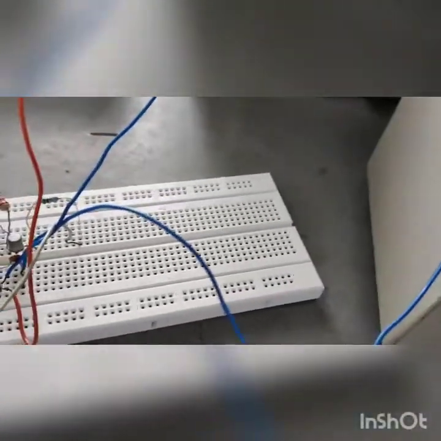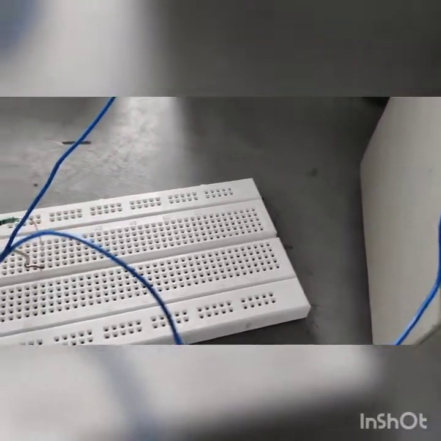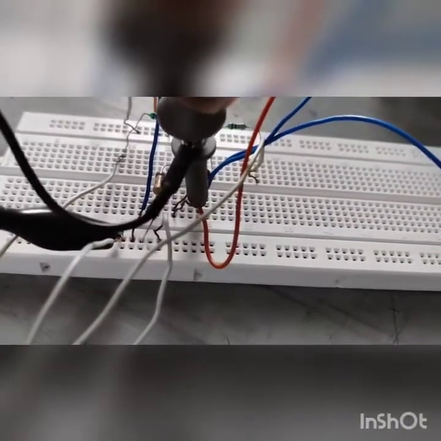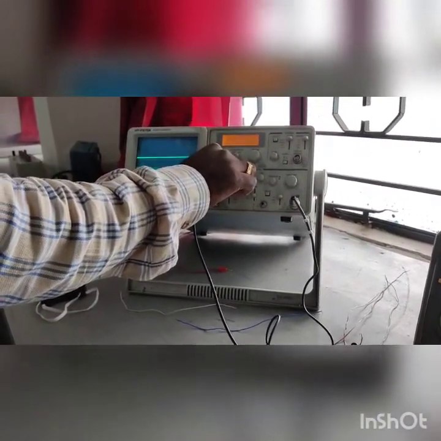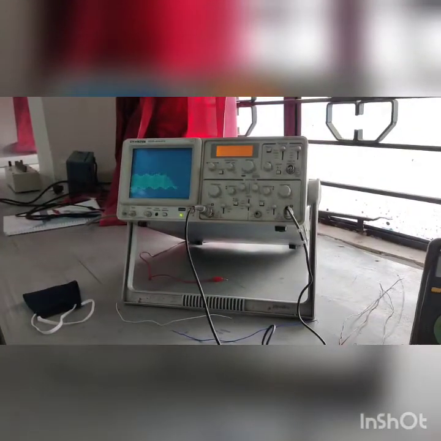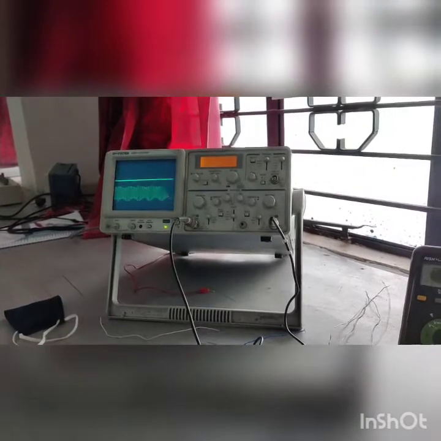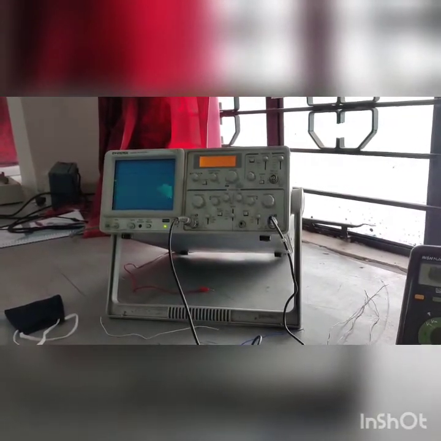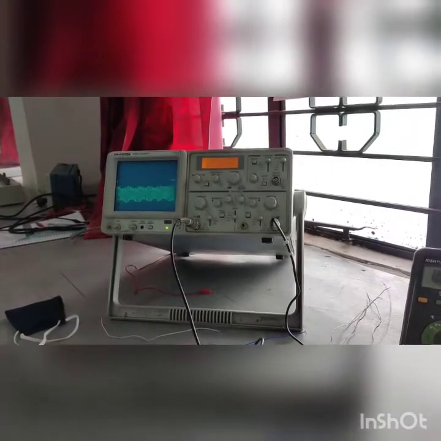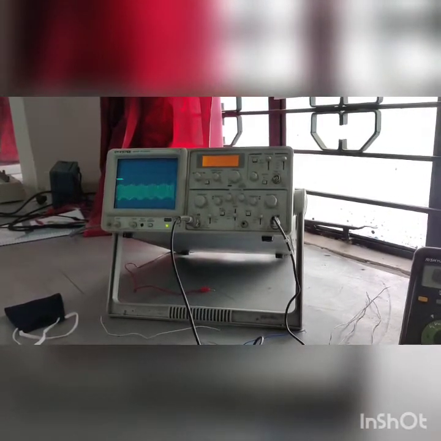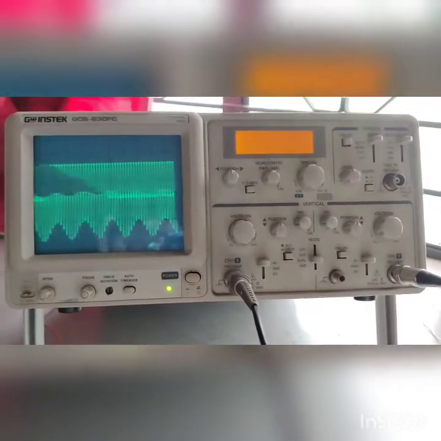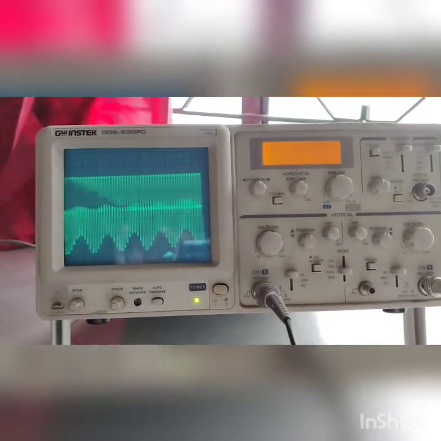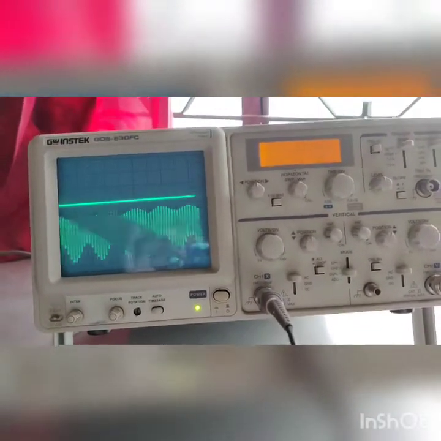So once the modulation output is observed across the emitter and the capacitor and inductor junction here, I'm trying to connect that. Okay, this is the output. So if you observe here, this is the modulated output, where you can observe that the frequency of the signal is exactly the same as that of your carrier signal, but the amplitude is varying according to that of the message signal. I'll show that. So here if you observe the carrier signal, the upper one, the frequency of that carrier signal is exactly equal to that of the modulated signal, whereas I'm changing it to the message signal now.